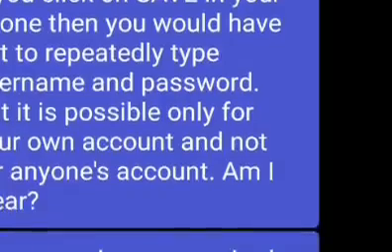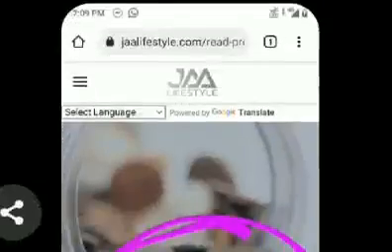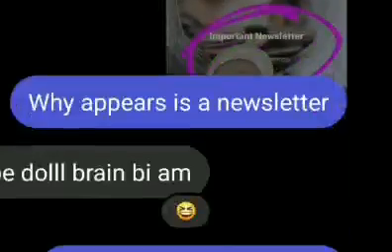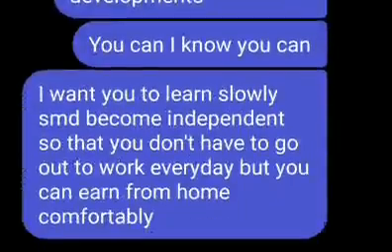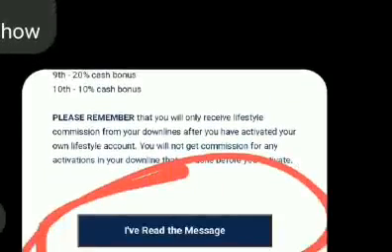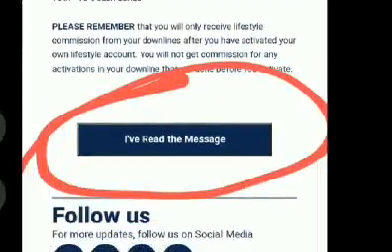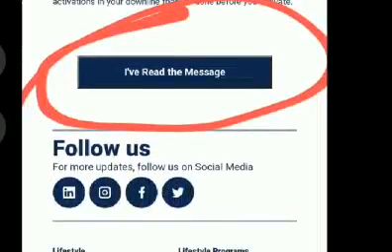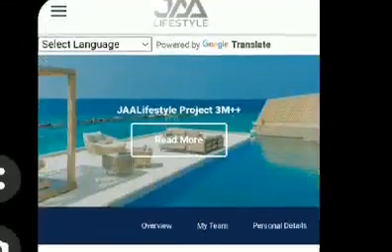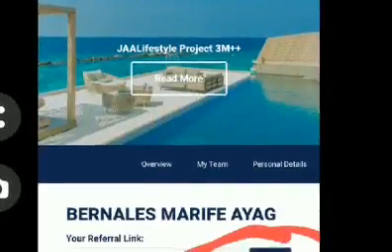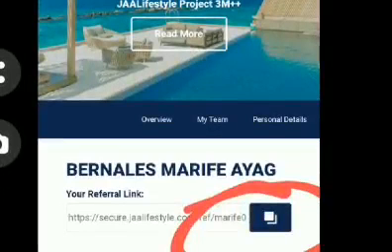If I click, then it will open up the newsletter, which I must always read, and then I scroll down to the portion where it says I have read the message. I click on I have read the message after reading the newsletter. This is compulsory. Immediately the account will open up showing the name of the sponsor, the name of that account,